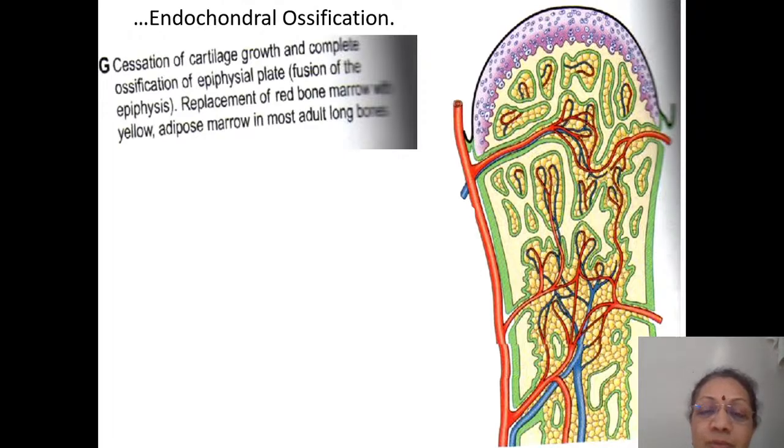Cessation of cartilage growth means stopping. So only when cartilage growth completely stops and ossification completely finishes, then you'll have a fusion of the epiphysis, and there won't be any remaining epiphyseal plate. There is nothing here which even shows that at some point of time there were 3 centers of ossification and there was a line across which the blood vessels were not running, and all of that. All that whole phenomenon is finished when the 3 centers fuse with each other, and at the same time the